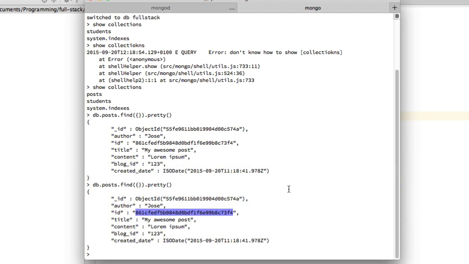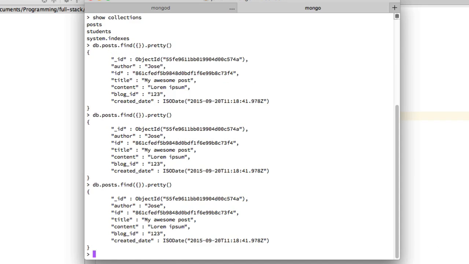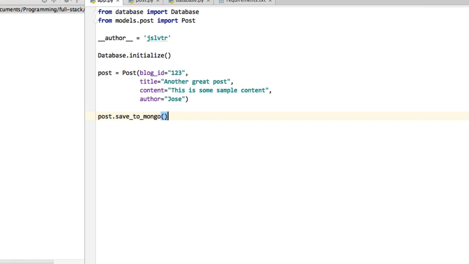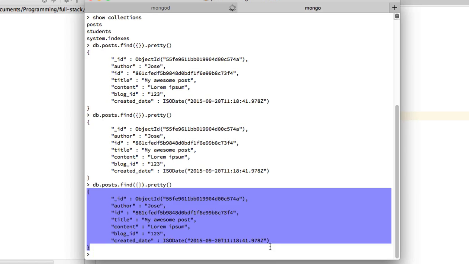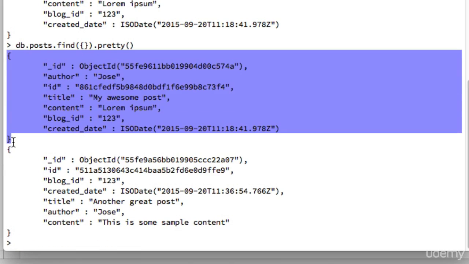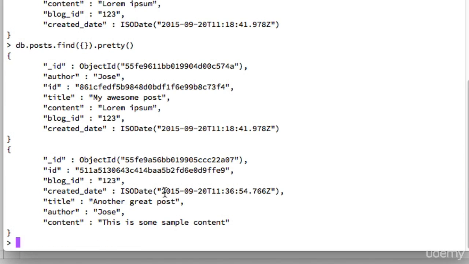I'm going over to the terminal real quick, and I'm going to find whatever is in the database right now, and you can see that I've already got one post here. So I'm going to run this again and then go back to the terminal and find again, and now notice that we've got two different posts. One of them is "Another great post" that we've just put in, and notice how the date defaults to 20th of September, which is today. The time is 11:36, and this is an interesting